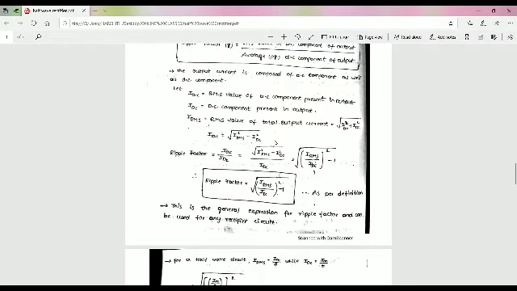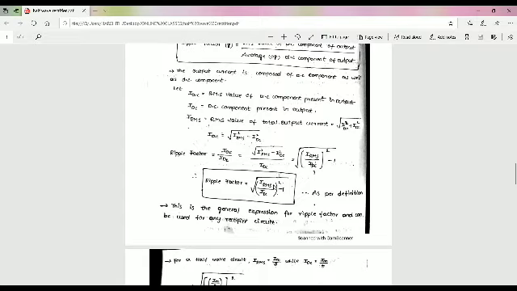So ripple factor equals AC by DC, that is, I_AC by I_DC. Substituting I_AC equal to the square root of I_RMS squared minus I_DC squared, divided by I_DC, that equals the square root of (I_RMS by I_DC) whole squared minus 1. This is the general expression for the ripple factor and can be used for any rectifier circuit.